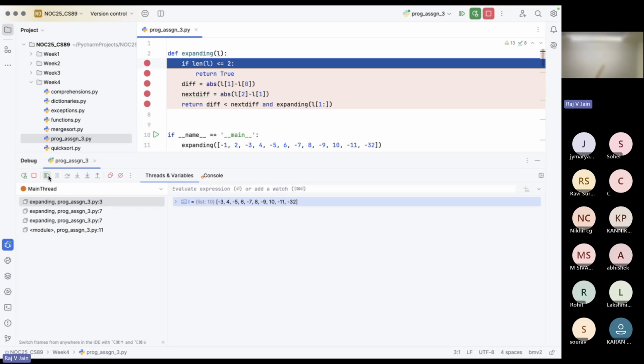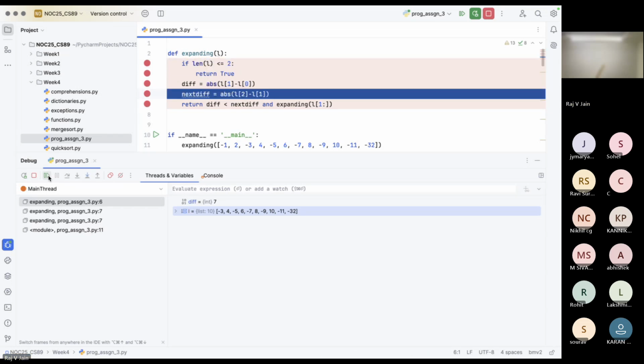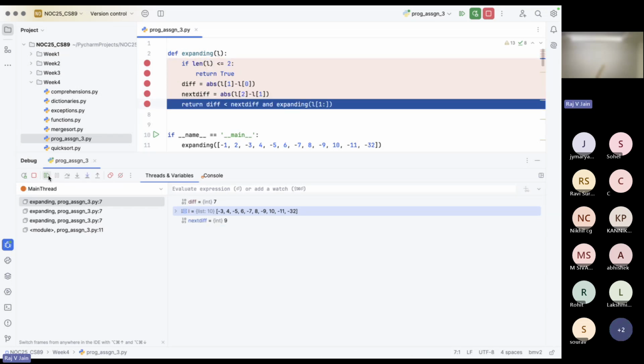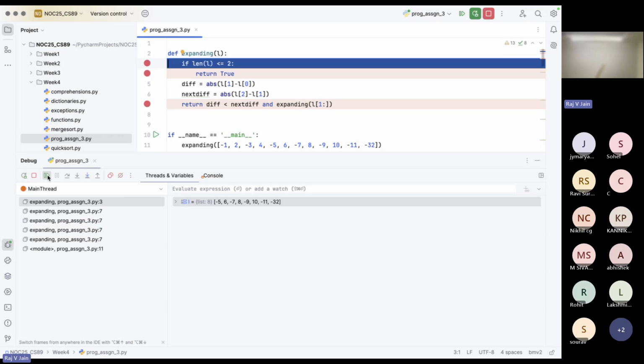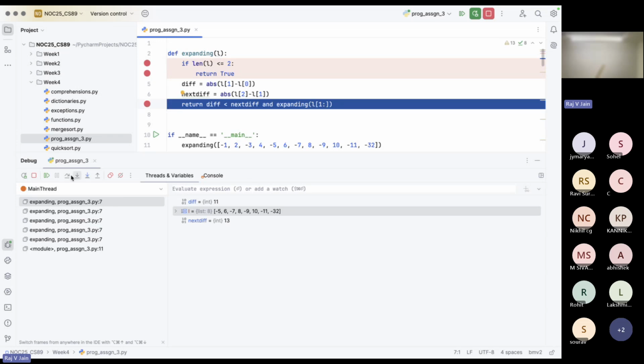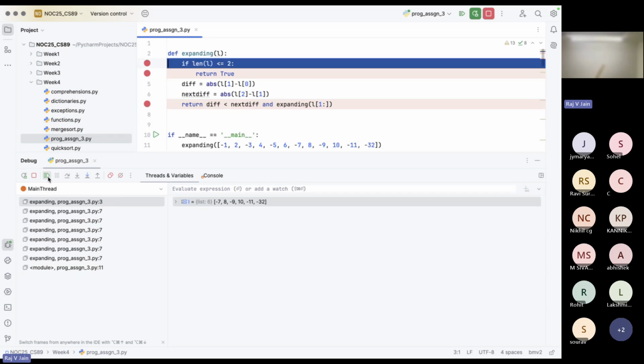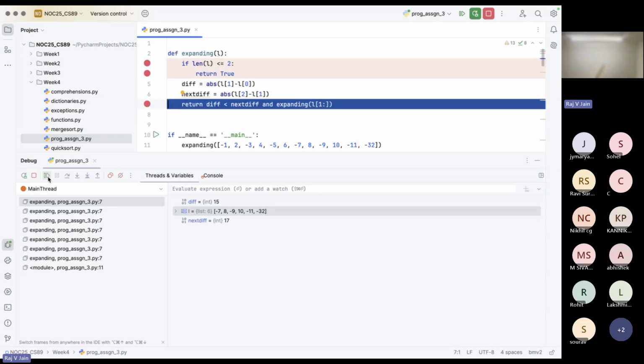expanding list. So again, we see 7 and 9, right? So we see that it's still expanding, and then 9, 11, and then we see 11, 13. Yes, it's expanding. And then 13, 15. Yes, 15, 17, 17, 19, 19 and 21,